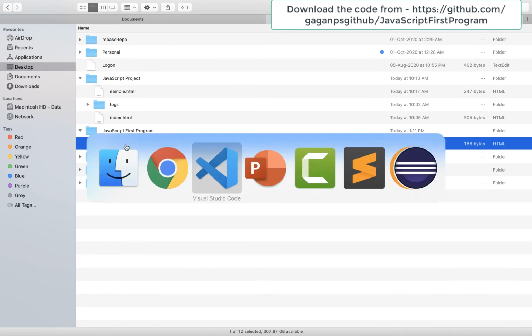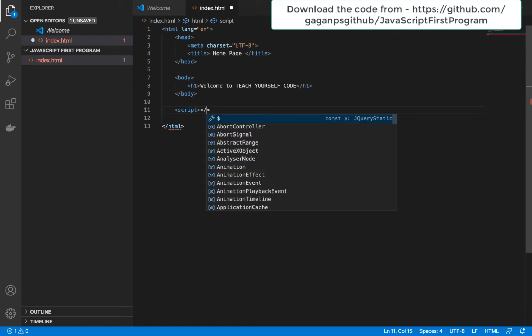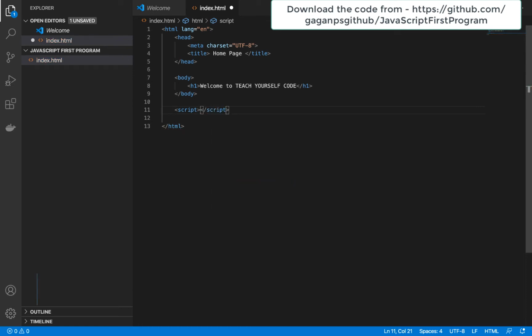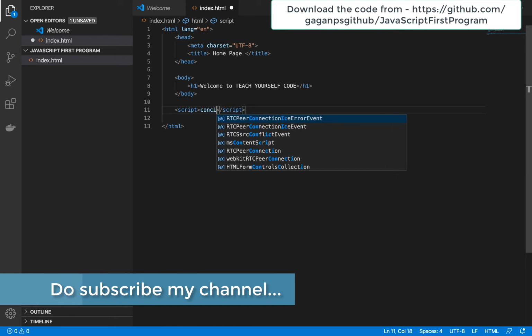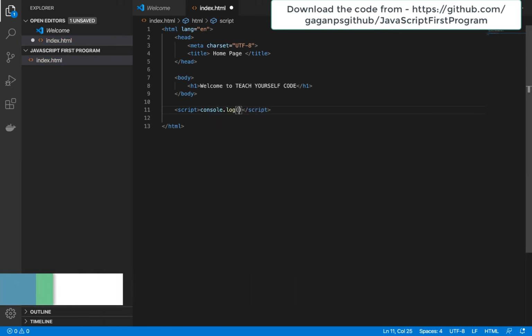Now we'll try to add JavaScript over here. For a sample JavaScript, we have to use a tag called script, and we have to provide some details over here. I will quickly provide a very basic console log, and I will write hello all. I will not go with hello world because that's very common nowadays, so I'll just type hello all.